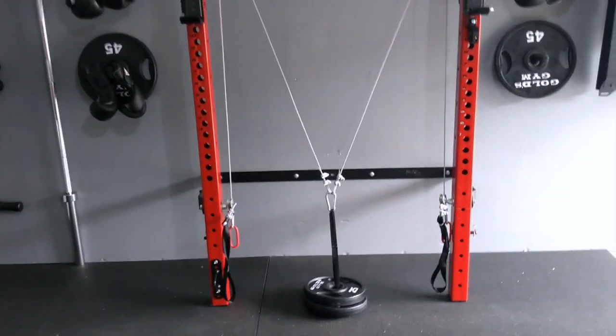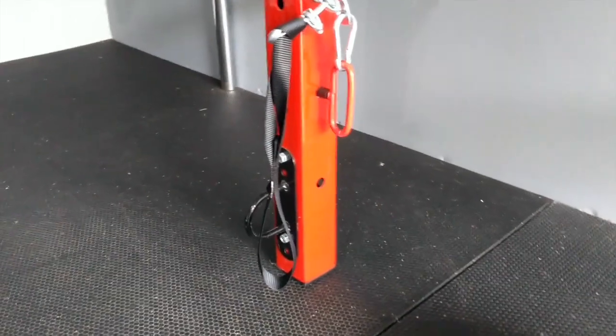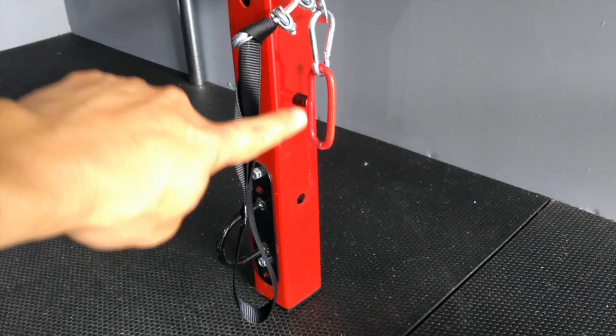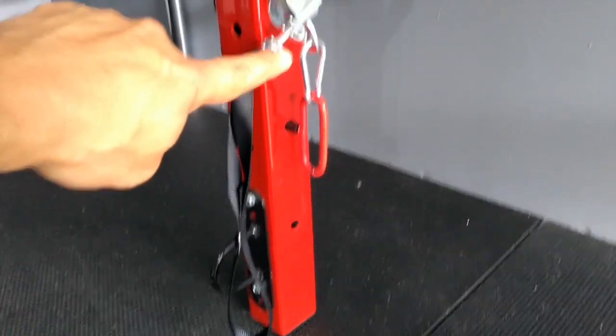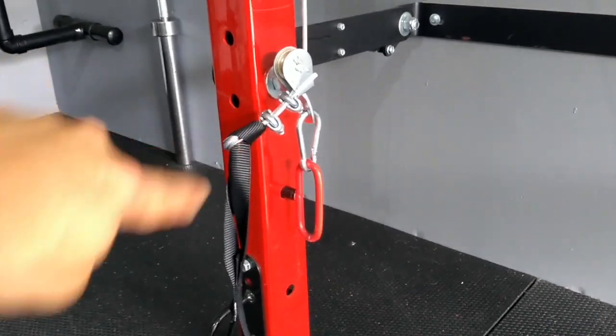So I'm going to give you a close-up now of this whole setup so that you can see how simple this is. So here's the bottom of the whole setup. So we have the strap here, we have the hitch pin here connected to a spring link that connects to the other pulley, and then the cable here, that's the end of the cable. If I work my way up the cable,